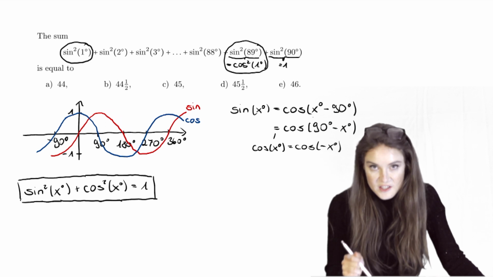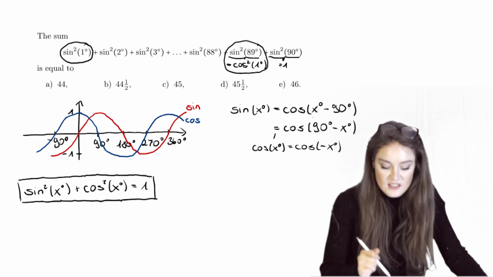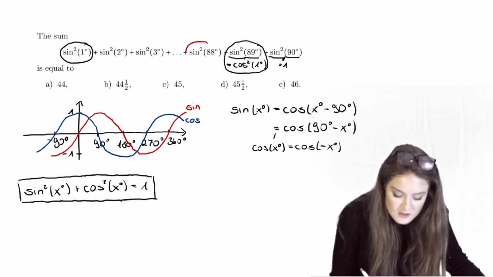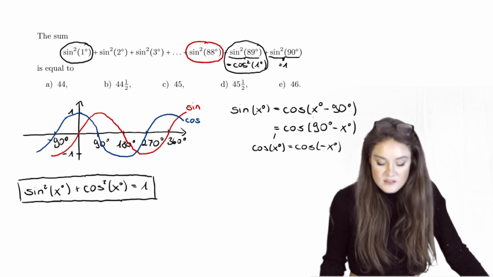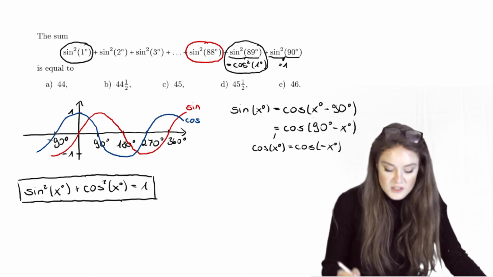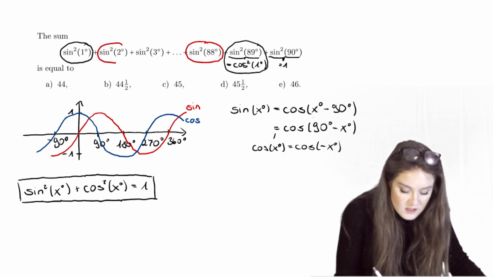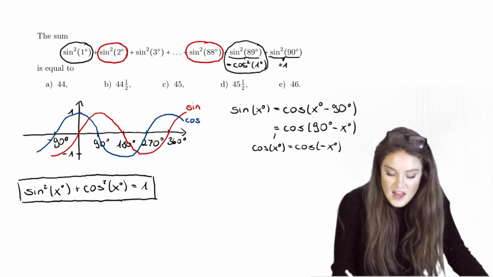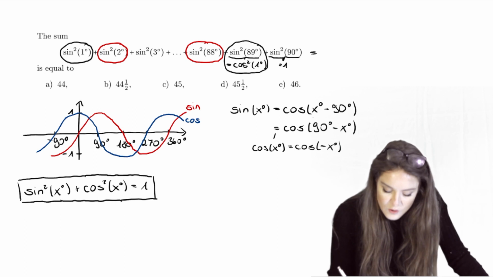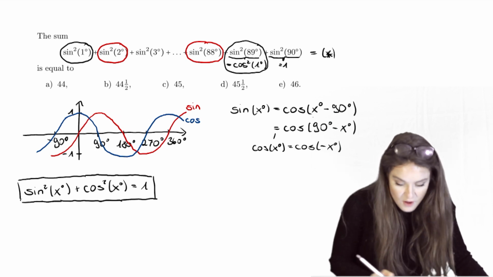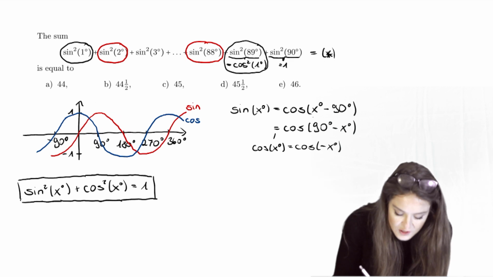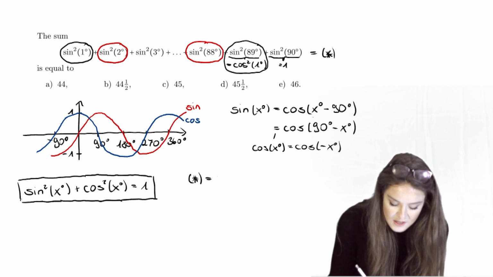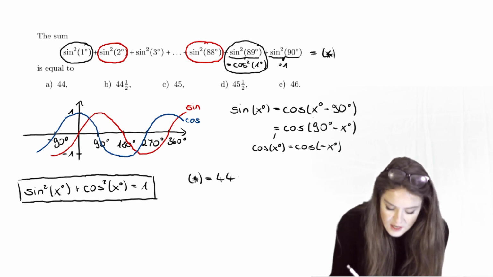And for all the other terms in the sum, we can use exactly the same formula. So, for example, this term here, sine square of 88 degrees equals cosine square of 2 degrees. So this plus sine square of 2 degrees together equals 1. And all in all, we can use this trick 44 times. So this means that our sum is the same as 44 times 1